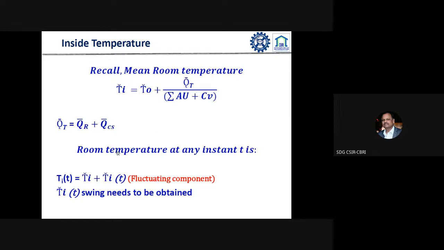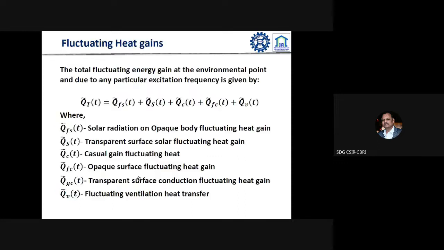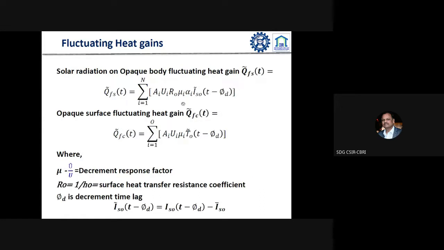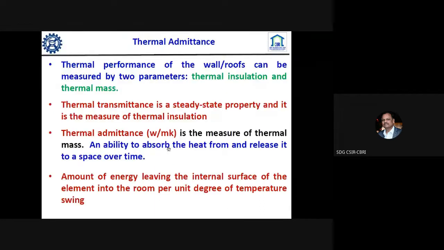But there is another part we need to deal with. Till now we have dealt with the mean part only, but there is a fluctuating part also that we need to consider. So that swing we have to deal with in a separate way. Through that fluctuation there is also a heat entry. I will not go into detail with this equation. Straight away I will go to the case studies, what we have done and what is the use of that case study, how we can do the thermal performance assessment and real-time temperature measurements.